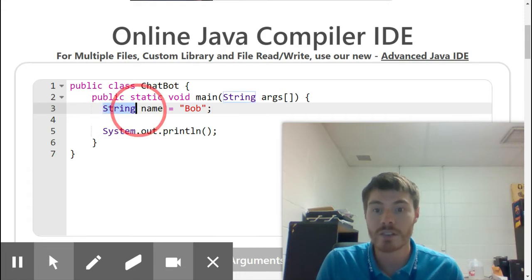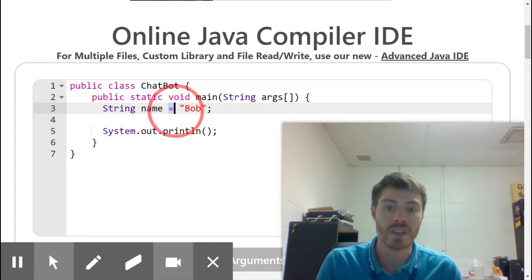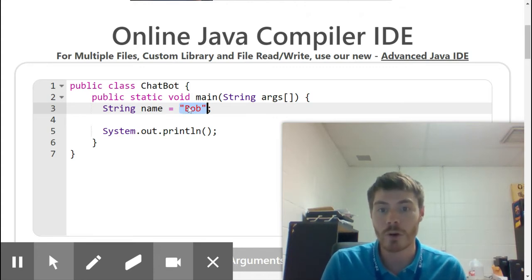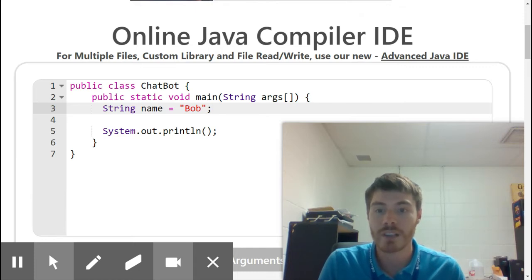Again, the parts are you declare what kind of a variable it is, what its data type is, the name of the variable, and you set it equal to whatever its value is. If it's a string, you have to have these double quotes at the beginning and the end of it, and then a semicolon to end the statement. One thing to notice about the string data type is that it does have a capital S,